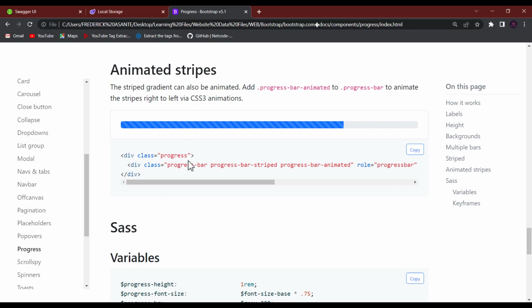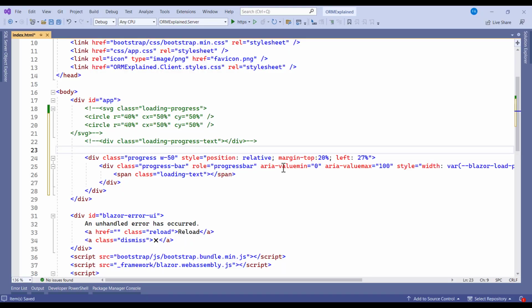The same thing applies to what we have in here. The class is progress-bar-striped, progress-bar-animated, and as you can see, it is the same. So we have the class as progress-bar. This is the progress bar. When you check the row here, it is progress-bar. Okay, so the class is progress-bar, and now